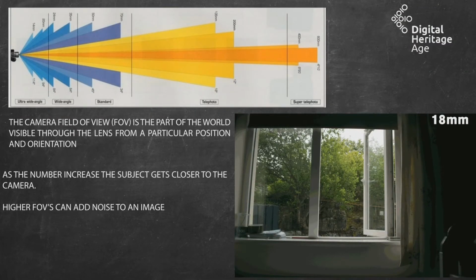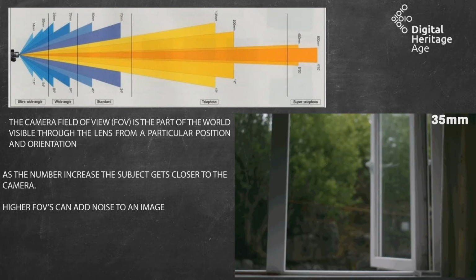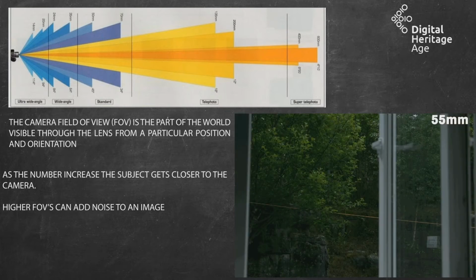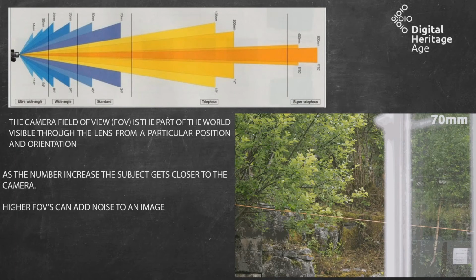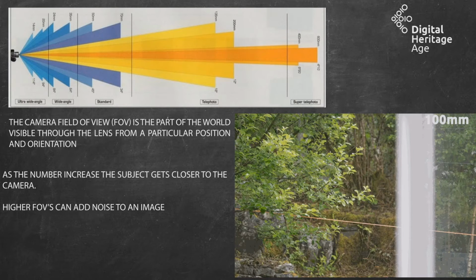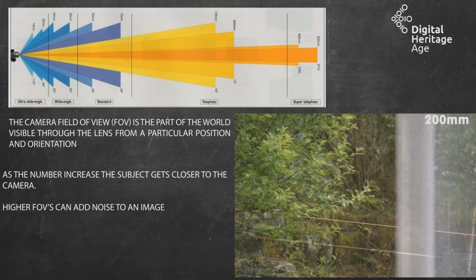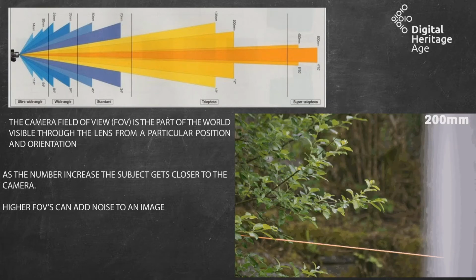The next thing we want to do is choose a lens for our camera, and this is where the field of view, the wide angle or the narrow angle of the lens, comes in, so how much of the world we can see through a particular camera position. Generally, lenses between 18 and 55 millimeters are quite good for photogrammetry, with around 50 being the correct scale for the human eye. Anything above 70 millimeters, so if we're using long telephoto lenses, affects the measurement of the object. The object will come out quite small inside a 3D space, whereas with a wider angle lens, it will come out closer to its realistic size.